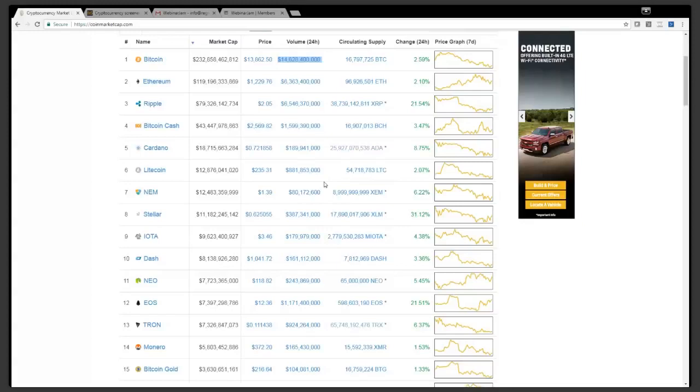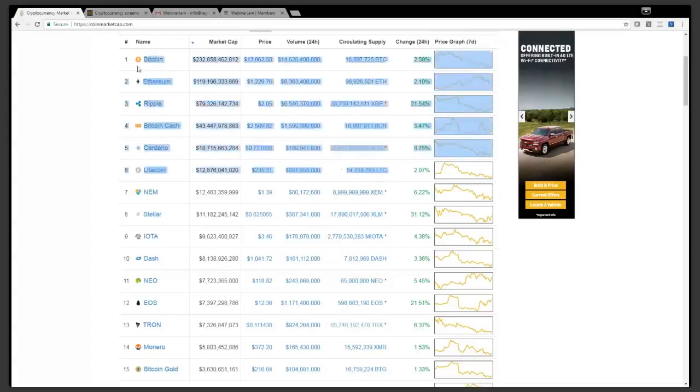Free market. Now, after they go from being a currency and become more popular, they go mainstream. And that's when they start to be able to be traded as a futures contract. Now, right now, people only believe that Bitcoin is the only thing that can be traded as a futures contract. But actually, right now, you can pretty much trade the top, I believe the top 6. Yes, the top 6 along with Dash are all tradable right now as futures contracts